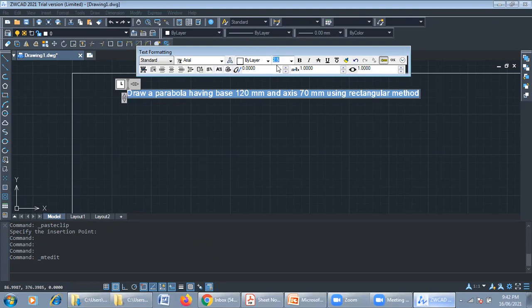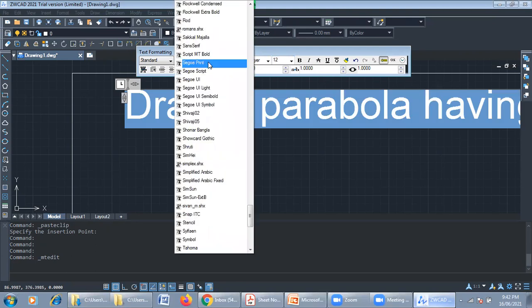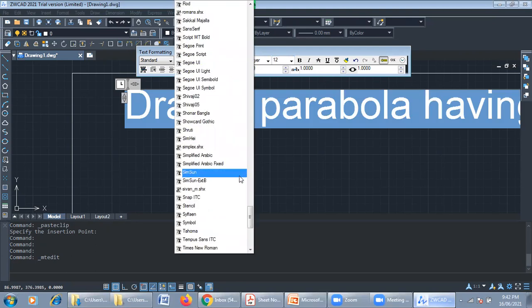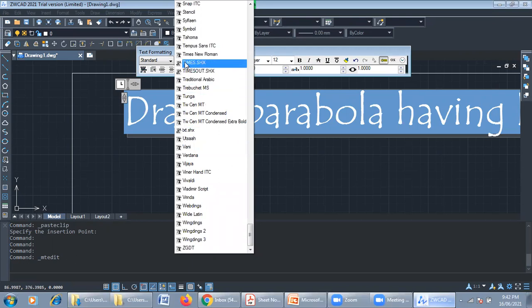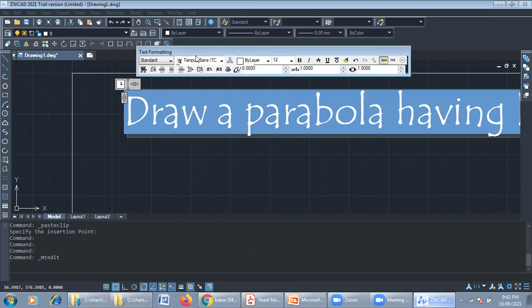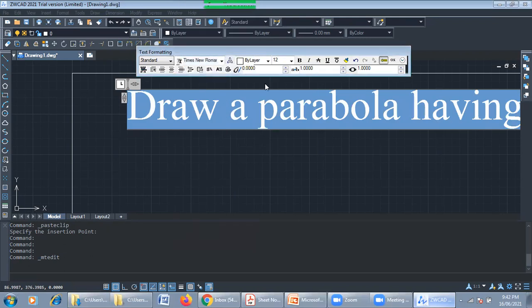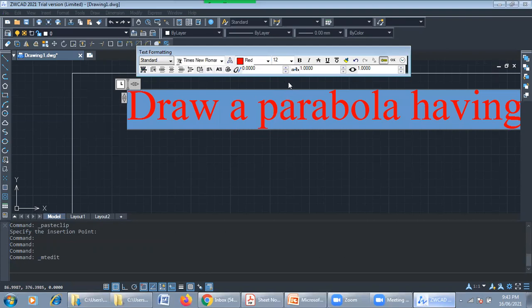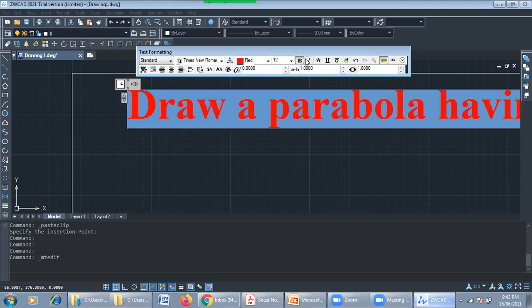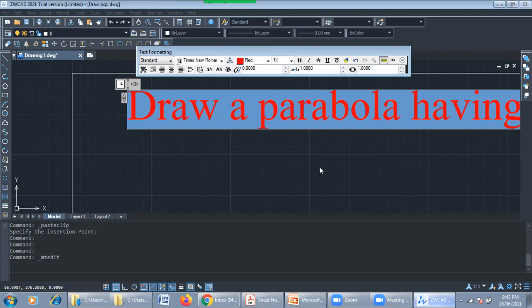I want 12 mm and Times New Roman. You can go for Times New Roman by pressing TI, and as it is changing the font size, you take simply Times New Roman. Yes, it is Times New Roman. You can change the color of the font, and also you can make it bold, italic, whatever you want, as per your requirement.